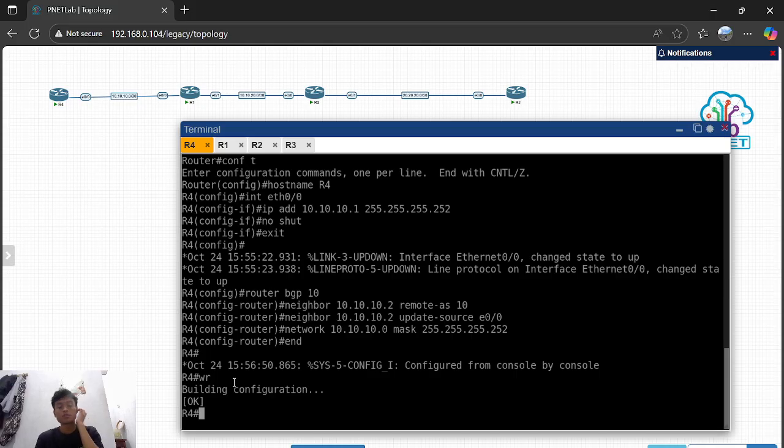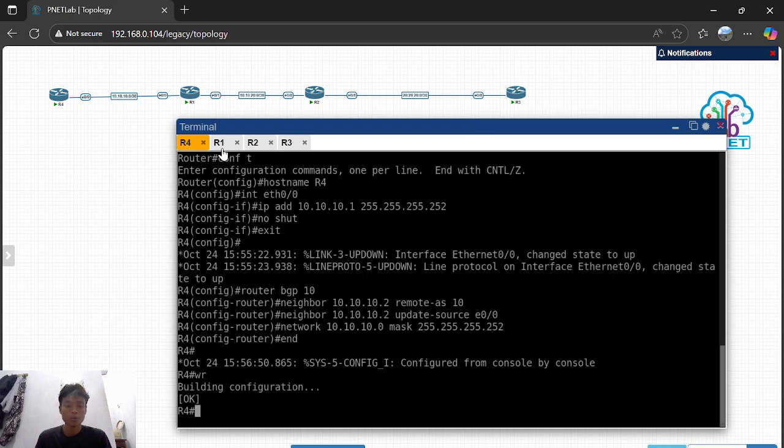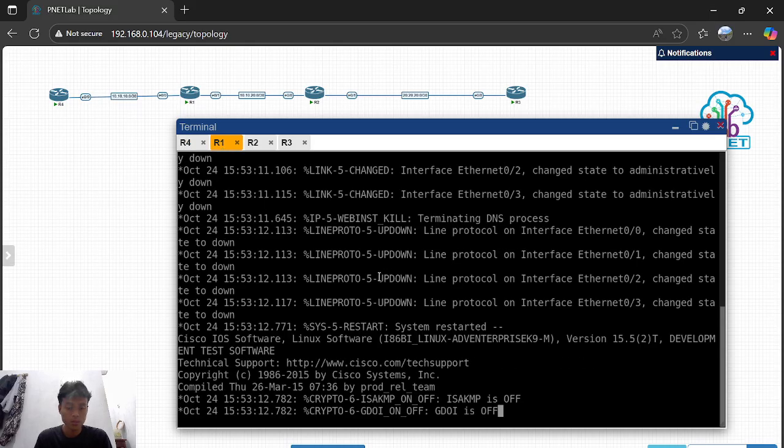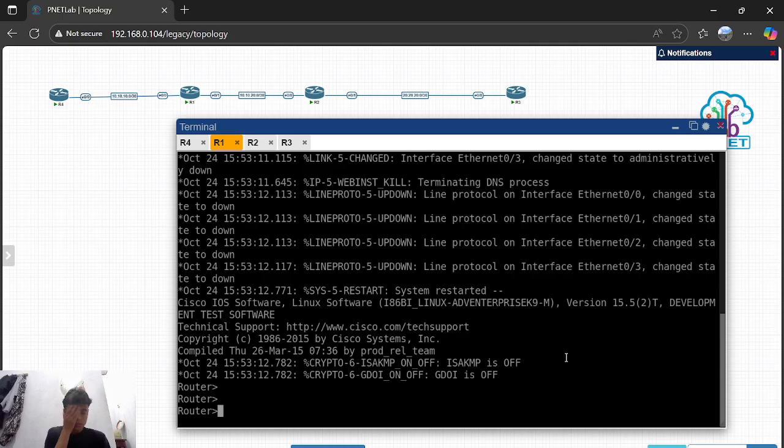So the first router, which is router 4, has the configuration, and then we move to router 1. You can enter. Like the first router, but in router 1 we will make the route reflector, which is the foundation of the communication.